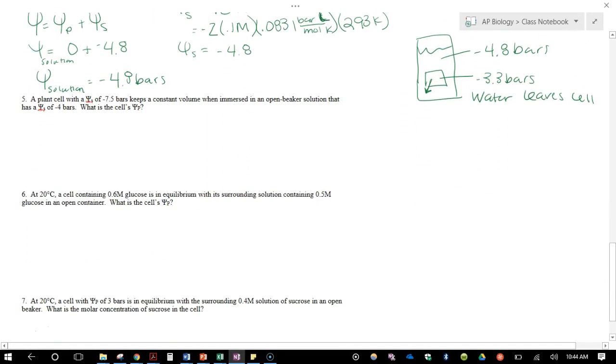A plant cell with a solute potential of negative 7.5 bars keeps a constant volume when immersed in an open beaker solution that has a solute potential of negative 4 bars. So what is the cell's pressure potential? For this one, we want to be thinking about how we could keep this at equilibrium. So one thing we want to think about is